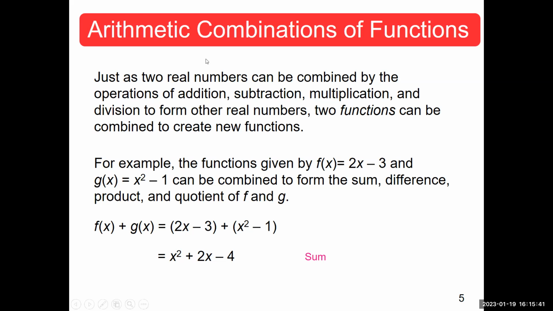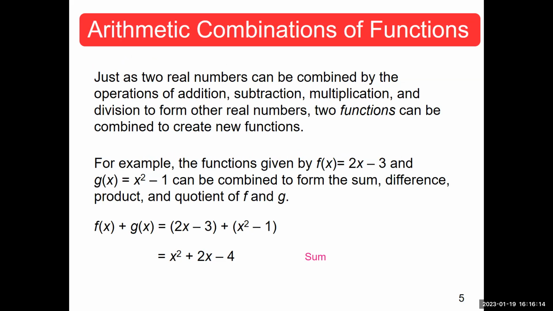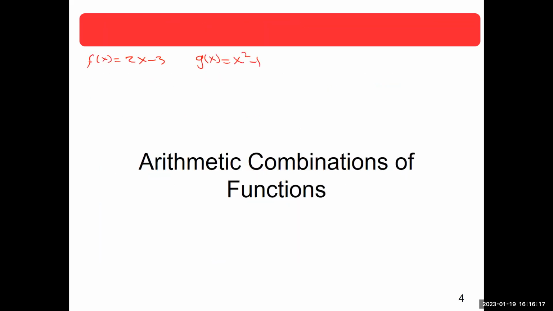Let's take the example here. f of x equals 2x minus 3, g of x equals x squared minus 1. Let's double check. That's correct. So there are some symbols we're going to learn. If I say